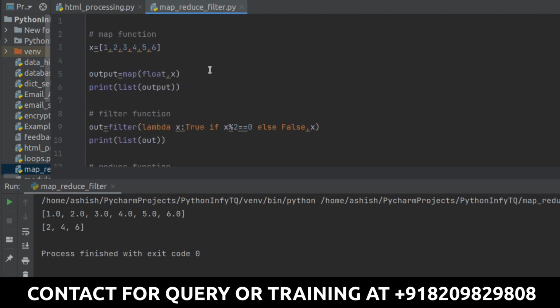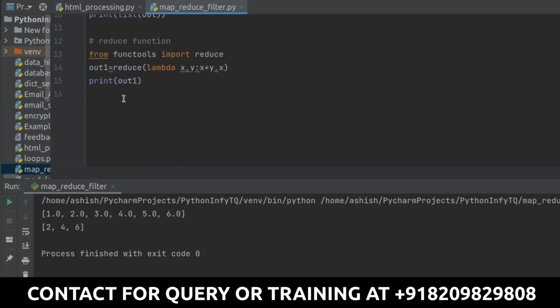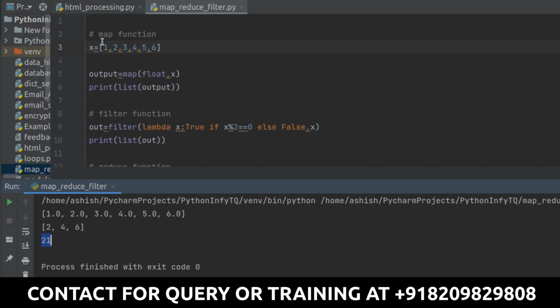As I explained, here I will be picking up the values in the form of x and y. So whatever is the sum of the first data will be updated in x, and the second value will be updated to y, and based on that, whatever is the result, you will get that. So this is going to give you the final result. Now when I run it, you will see you have the output as a direct value. This time you will not get any list, and that's the reason you will not get any location. So you are directly getting the value, and this value is the sum of all the values that you have in here, right? So this is how we can do it.